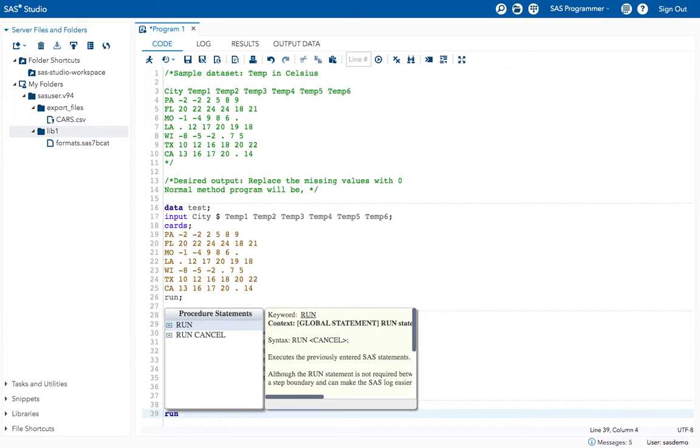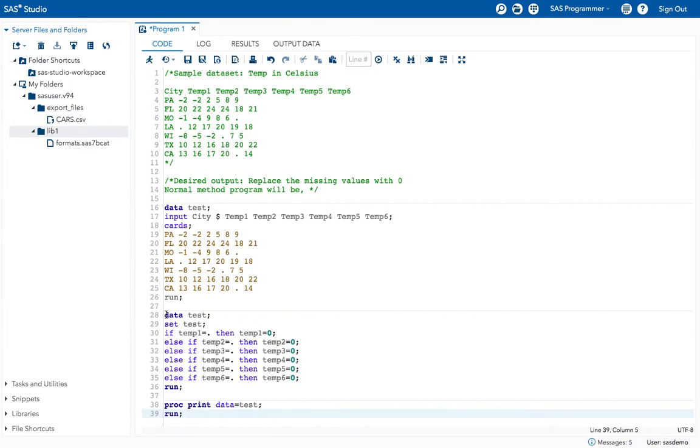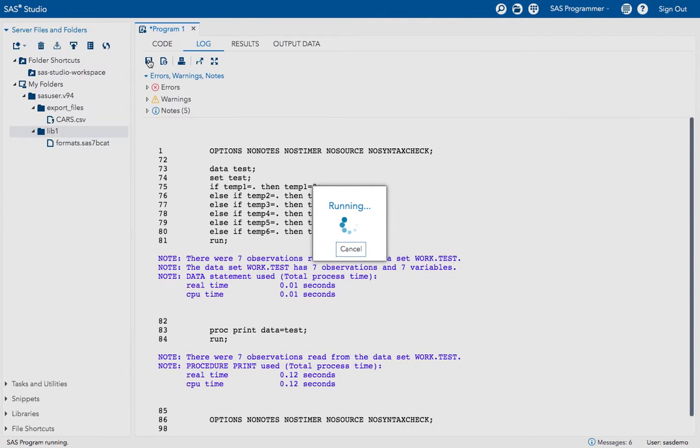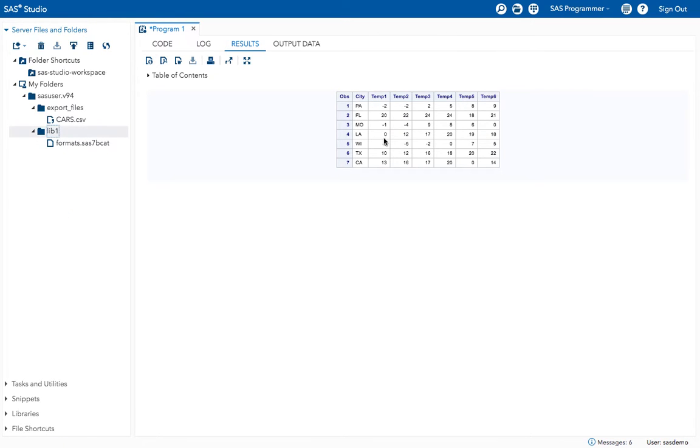Now execute the program. Now you will be able to replace the missing values with 0. See, now all the missing values got replaced with 0.